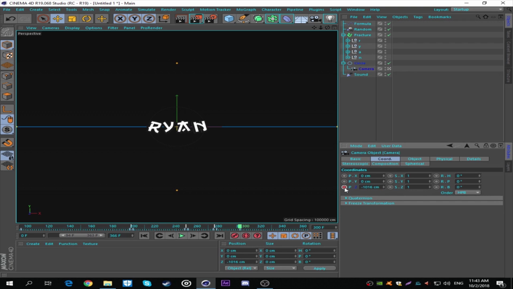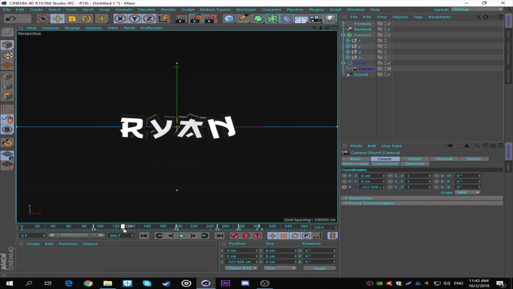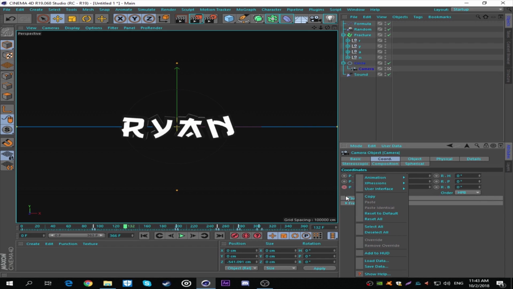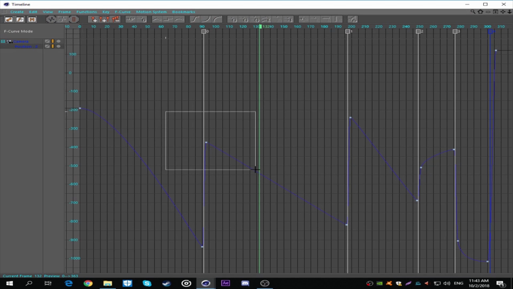Now you go 6 frames after your keyframe. 1, 2, 3, 4, 5, 6. And I always make the amount 121. Click this icon keyframe. Now you have to make the zooms smooth, so go to Z, right click, animation, show F curve, select this one, hold shift, drag it down,